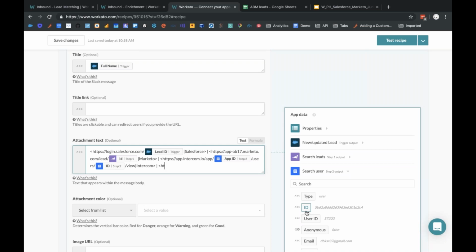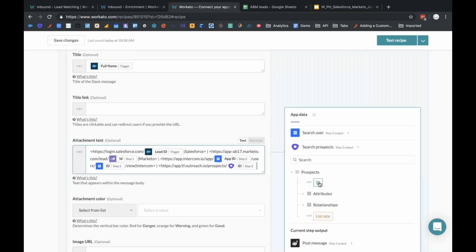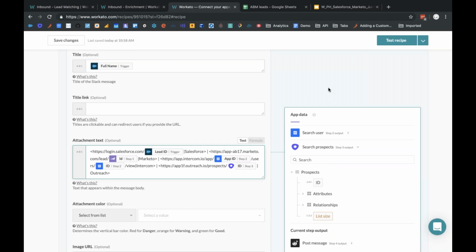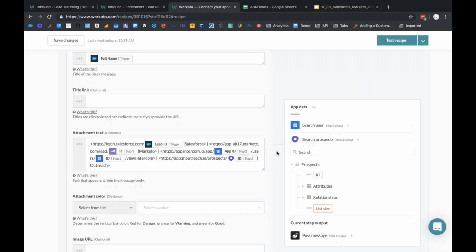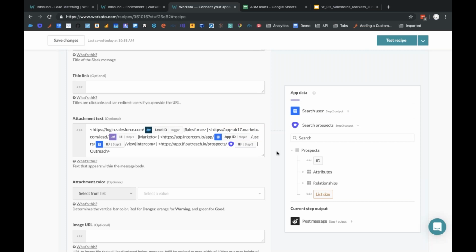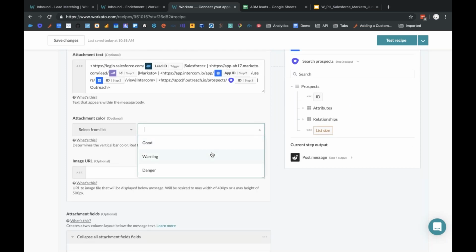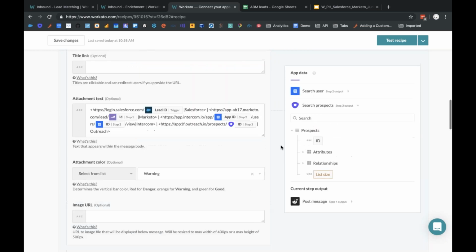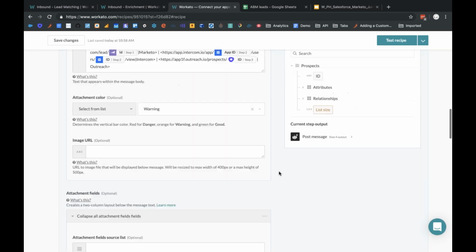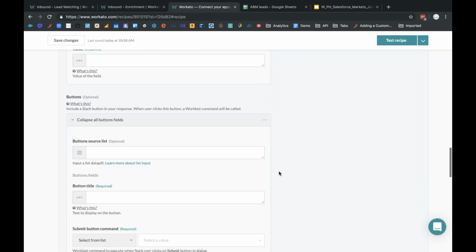And finally, we have Outreach. Prospects, I think. So it looks a little long in here, but really in Slack it's going to show up as just 4 links. And then we're going to make a nice yellow color for the sales rep to look at it, and then we're going to have like